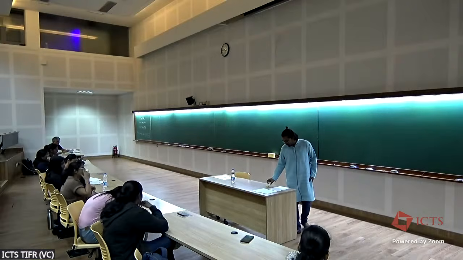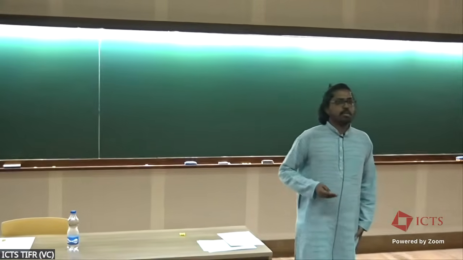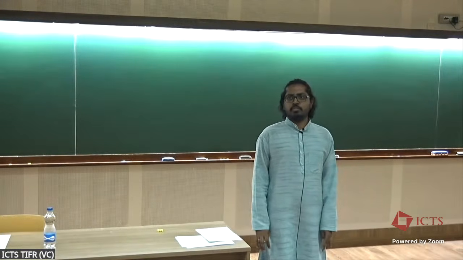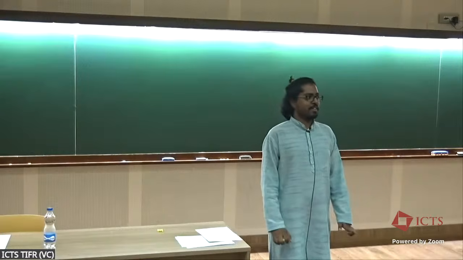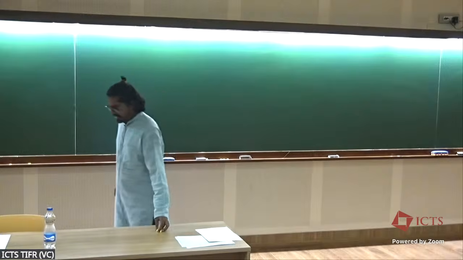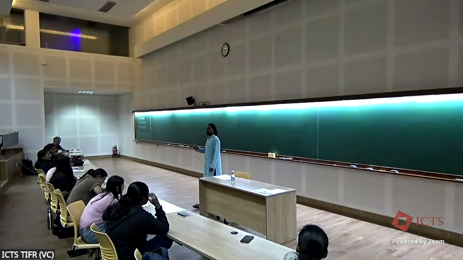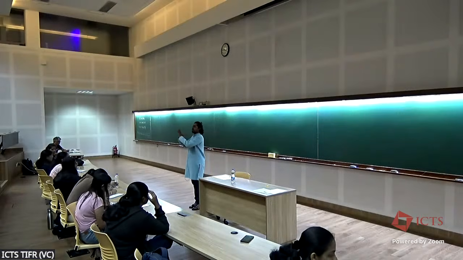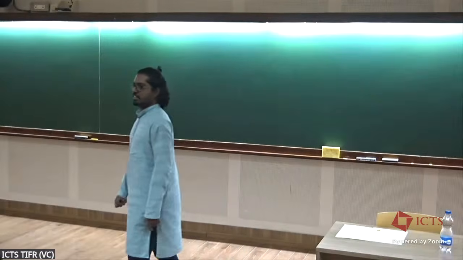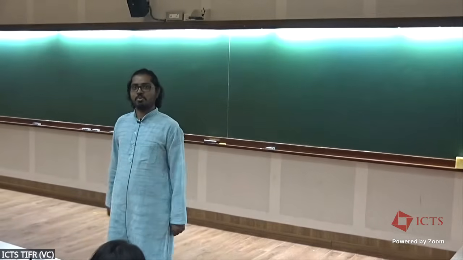The title of my talk is "What is Combinatorial Thinking?" I've tried to keep it at a level where it should be accessible to all of you. So if you know how to count, you should be able to follow this talk. What is combinatorial thinking? Well, before that, does it make sense to you if I say that there are perhaps algebraic ways of thinking or analytic ways of thinking or geometric ways of thinking? Perhaps you've experienced some of this over the course of this summer school as well.